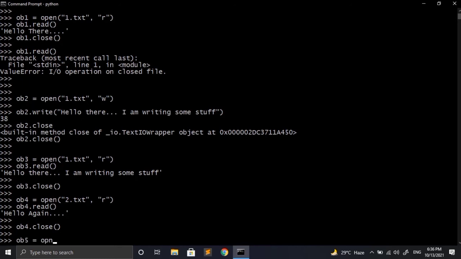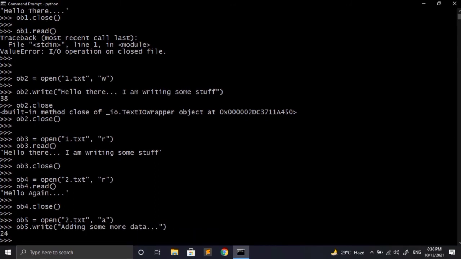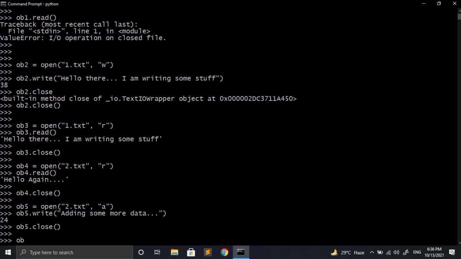For changing the file mode, we need to call the open function again, and this time I will be specifying the file mode as A, which means append, instead of R. Now let's try to add data to the file using the write method. For that I will be giving my data in the form of a string to the write method. As soon as we hit enter, it returns 24, which means we have written 24 bytes of data to the file. Now let's again close this file using the close method because we have performed our task, and now we